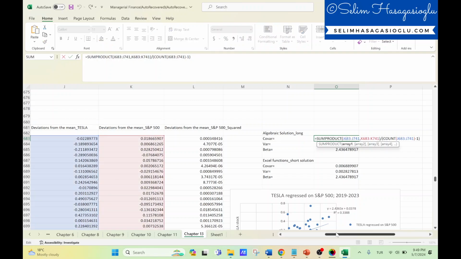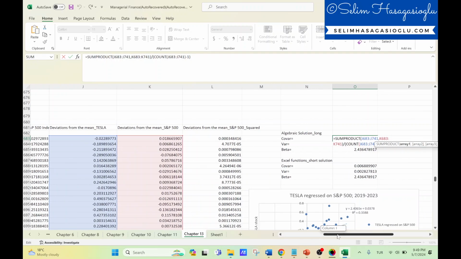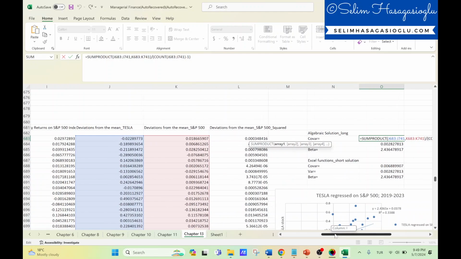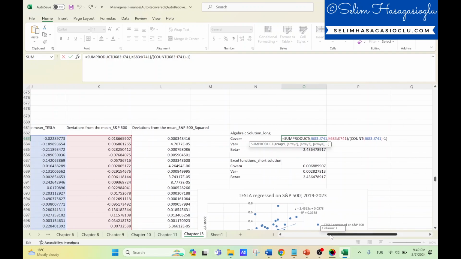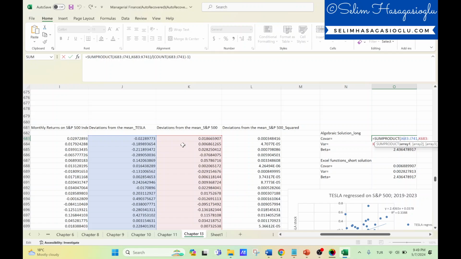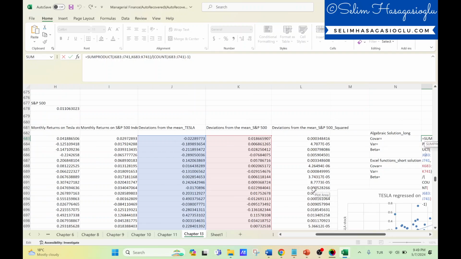And covariance again will be the sum product of these deviations from the mean for both Tesla and S&P 500 divided by the number of observations minus 1, because we are looking at past data and we need to rely on the sample convention. And actually what this formula tells is we are looking at the average of the product of these deviations. So for the first line, this multiplied by this, plus this multiplied by this, and the third value, this multiplied by this. We are adding them up and dividing by the number of observations minus 1. Actually, what we are doing is looking at the average value for these